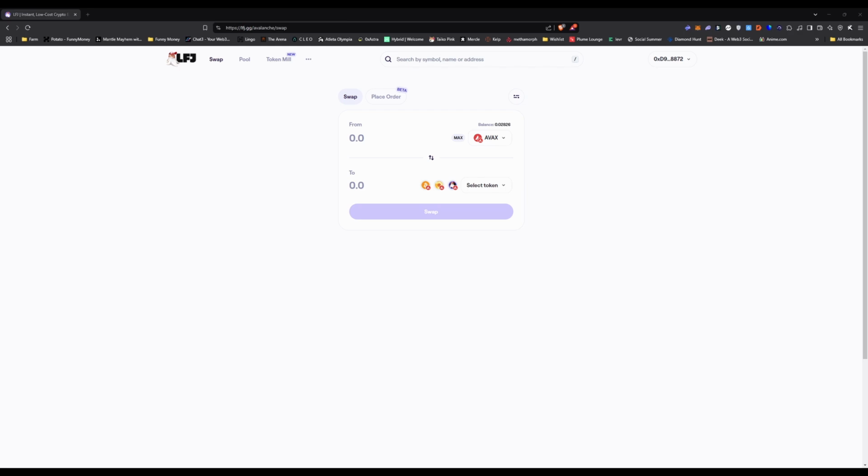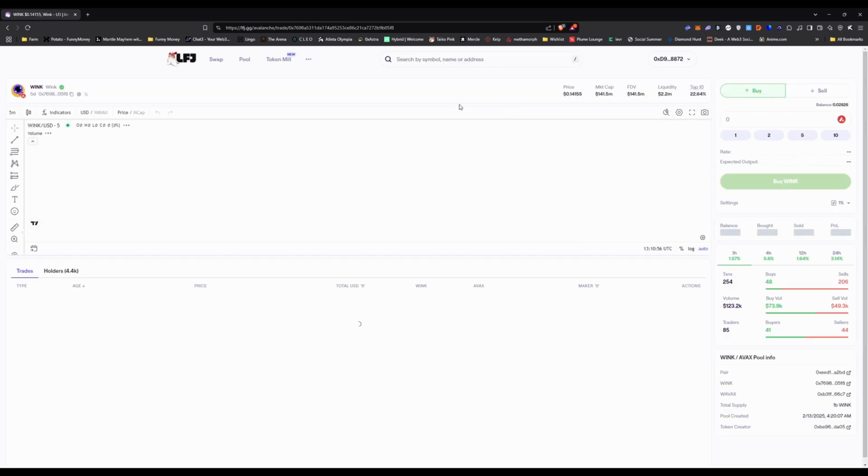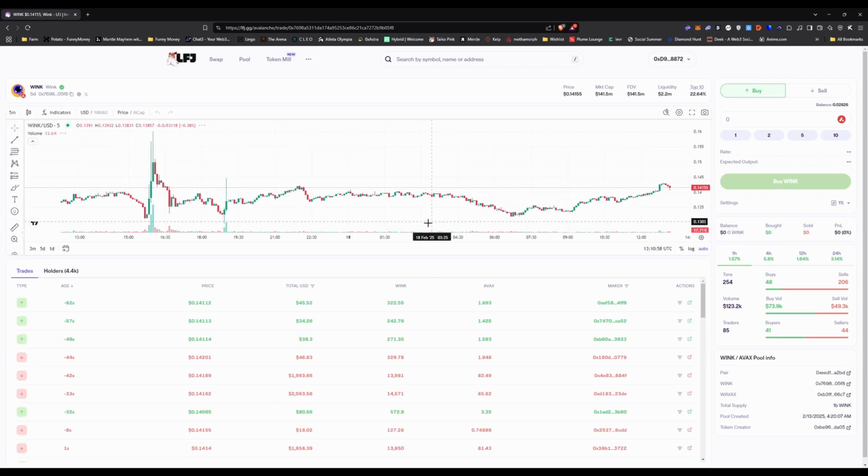terminal works. So once you're on the LFJ homepage, make sure it's lfj.gg. Once you're here, you can see the search bar through which you can access the terminal. So let's say I want to search for Wink, right? Now I want to search for Wink and check the market stats, the statistics for the whole chart for Wink, right? As you can see here, once I search, I am in the trading terminal and